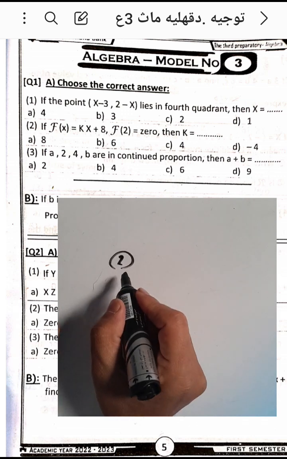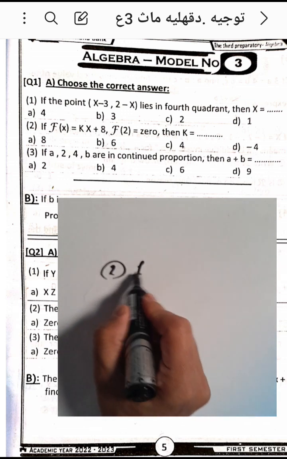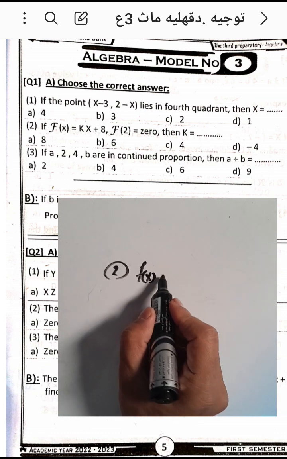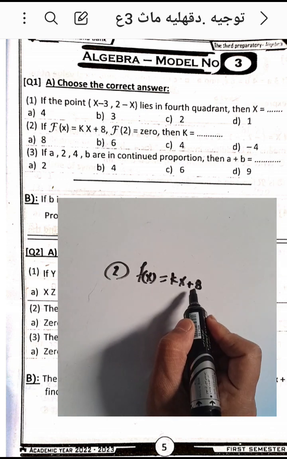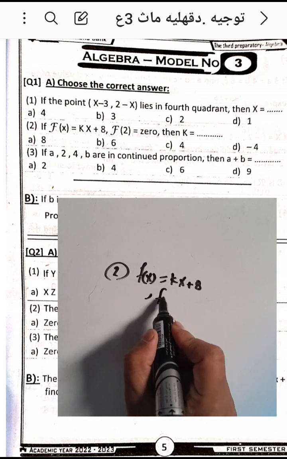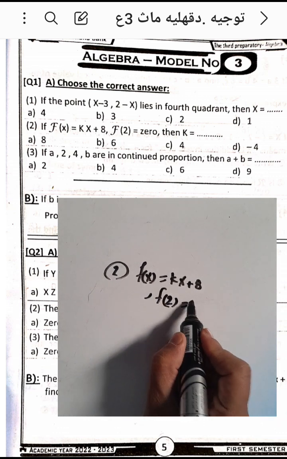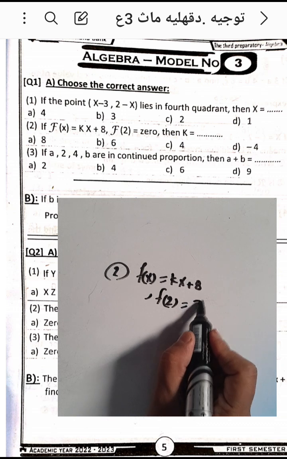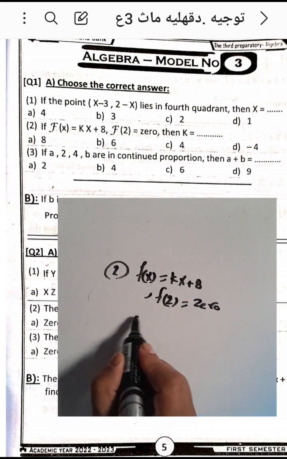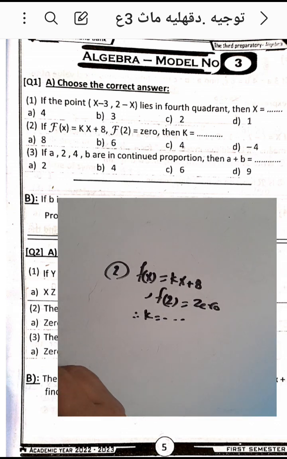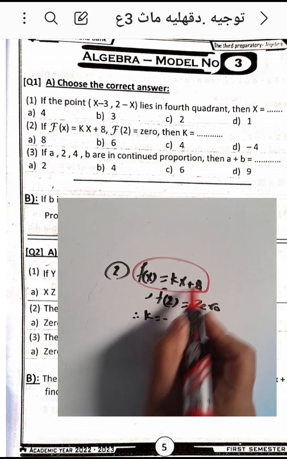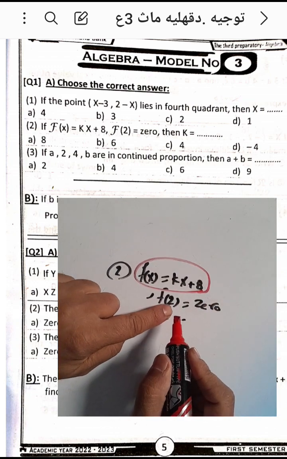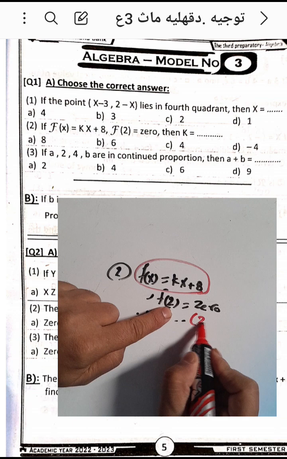Question number 2. If f of x equals kx plus 8 and f of 2 equals 0, then k will be what? Okay, we can use this information here. We have the function f of x equals kx plus 8, and this information means the point (2, 0)